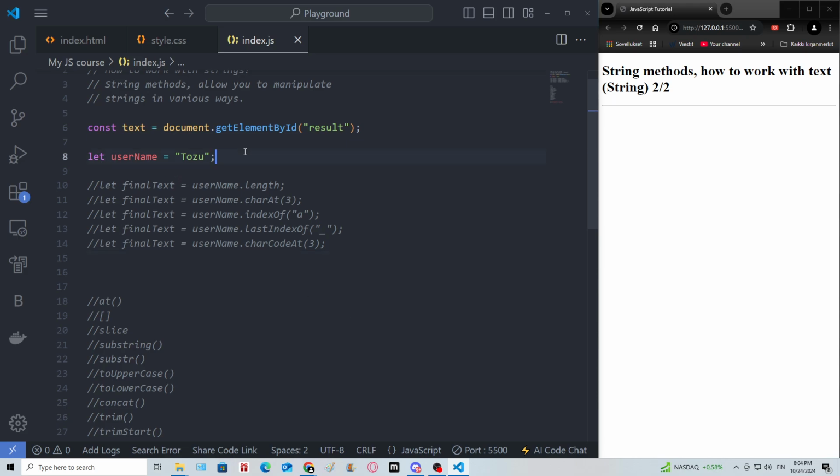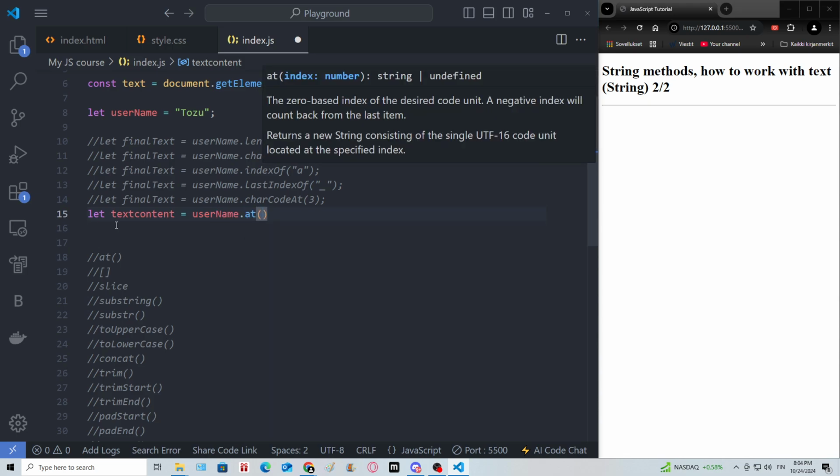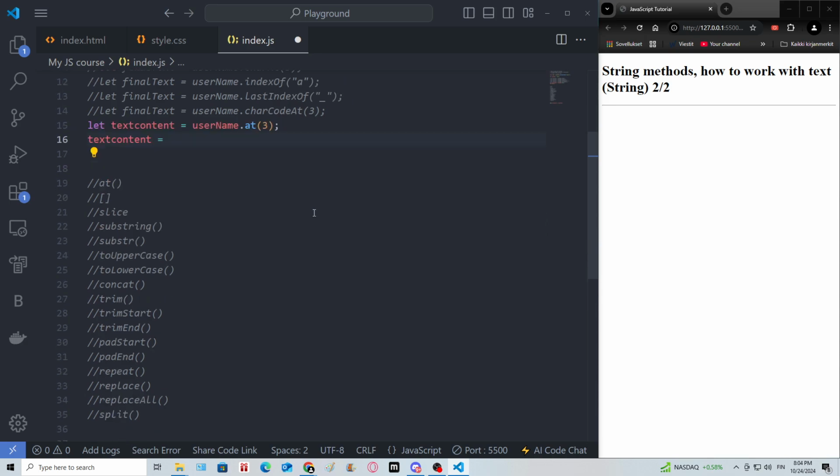Let's say that we have the username Tozu. This is our string. Let's say I'm going to say let text content equals, and then take the username and use the at method. Let's take my name at the index of 3. You know what that's going to return? Let's see, text content equals,